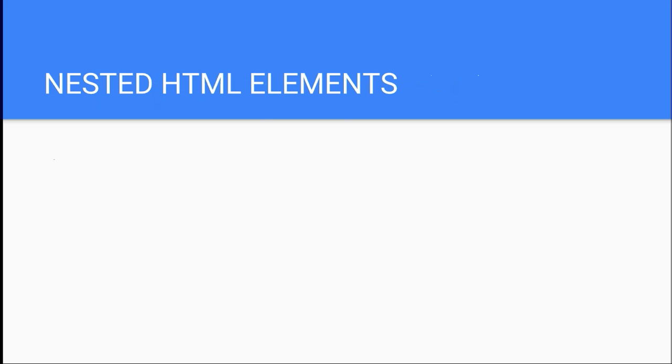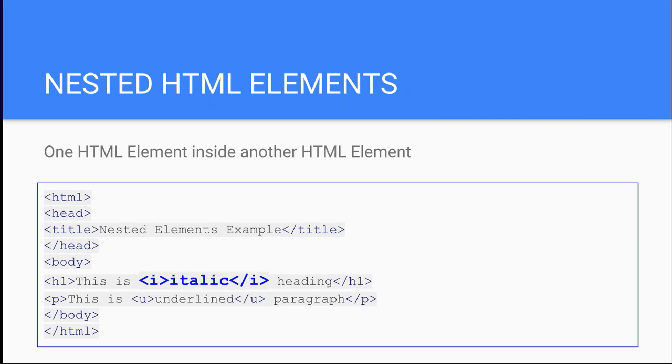And the next variety of elements are nested HTML elements. What is a nested HTML element? If you put one element inside another element, that is called a nested HTML element. You can see an example here. Here in the body, you can see H1. We are putting a heading here. The content in the heading is this is italic heading, but we are putting the I tag here, and we are closing the I tag that says this is an